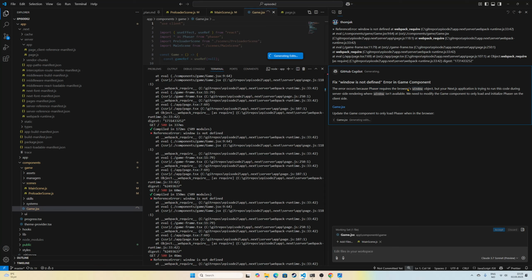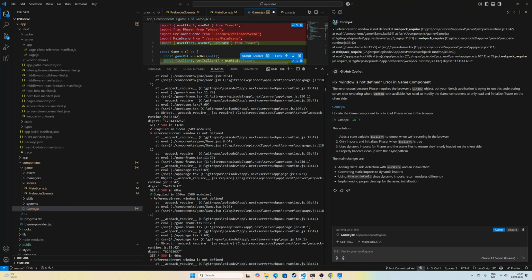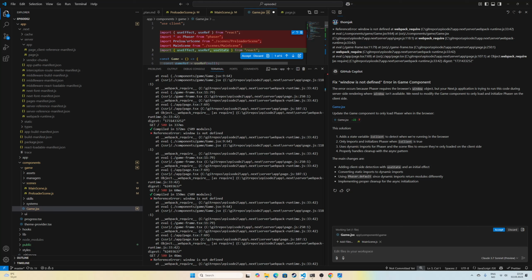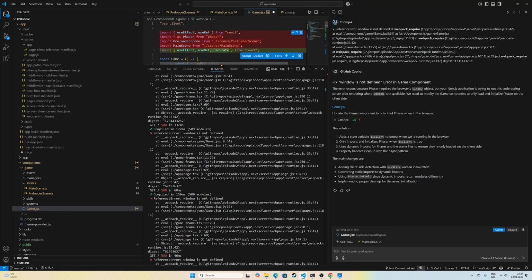Phaser requires the browser's window object, fine. But your Next.js application is trying to run the code during server-side rendering. Yeah, that's why I tried to use client at the top. But probably